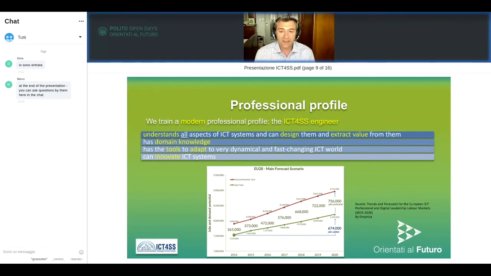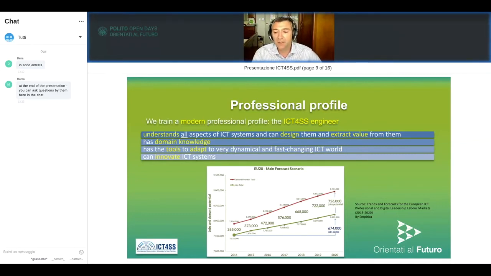looking at so many aspects of ICT systems, the ICT for Smart Societies engineer becomes very good at adapting himself or herself to a technology domain that is changing at a very fast pace. So what you learn today is not what you're going to use in your job tomorrow. You need to adapt more than everything else in ICT. And we think that the current design of the degree program really provides that characteristic to ICT for Smart Societies students. So if you're in doubt whether you're going to get a job after a degree, you shouldn't have that